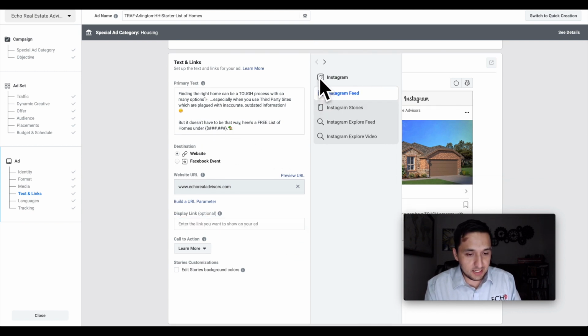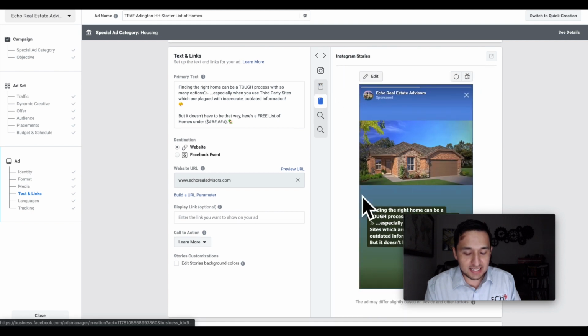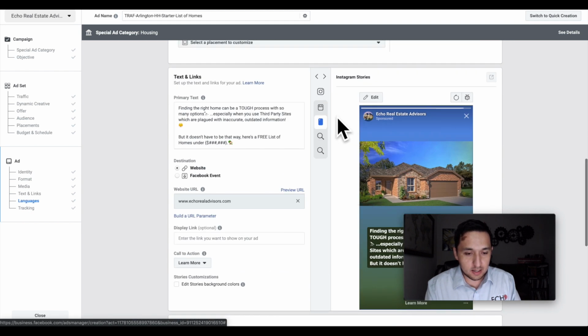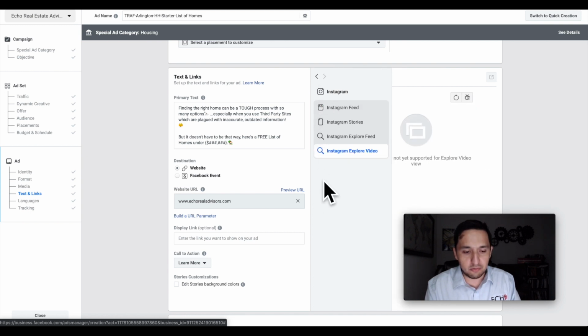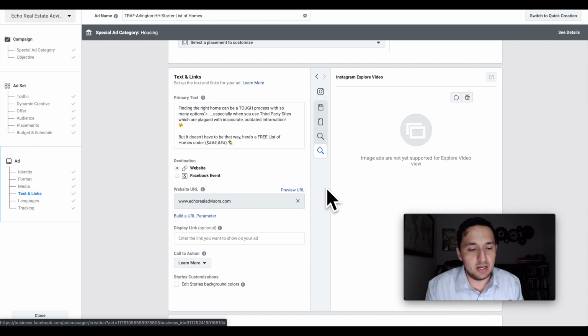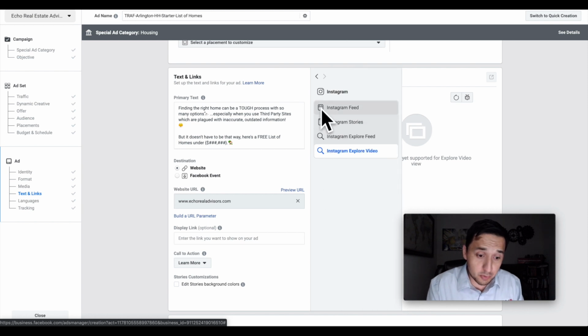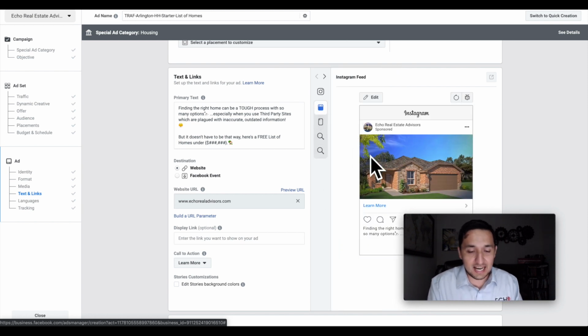And you get to see what the ads actually look like. And go to the Explorer, you get to see what it looks like there. So this is a newer feature. This is something that came out about a month ago. So this is pretty cool. You get to see exactly what it looks like.